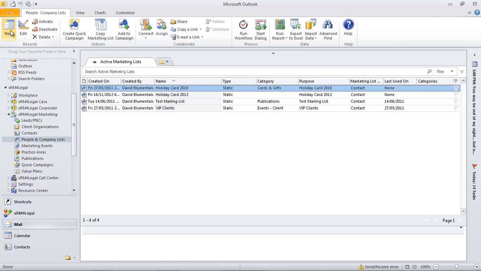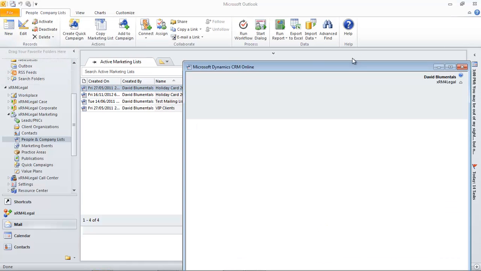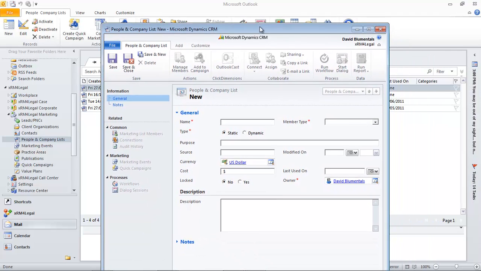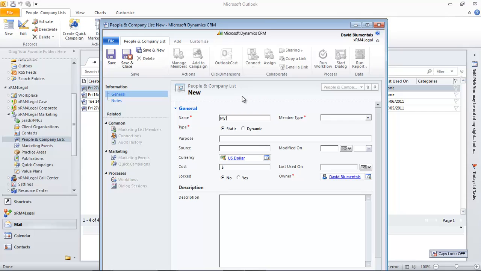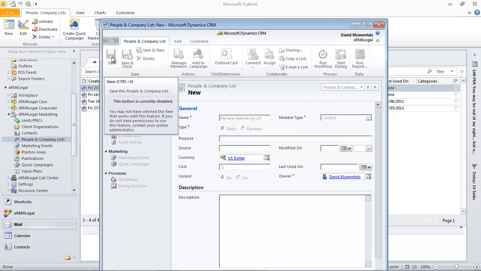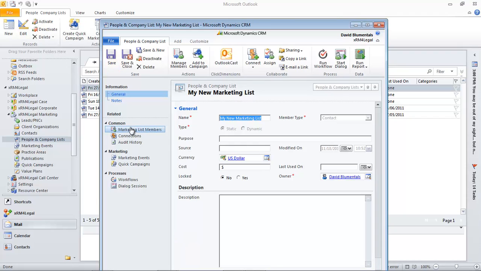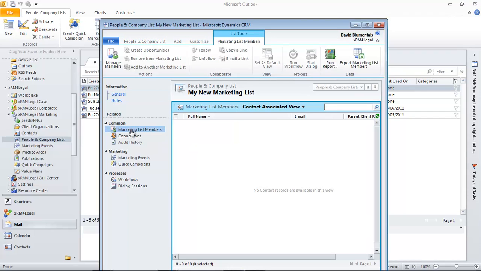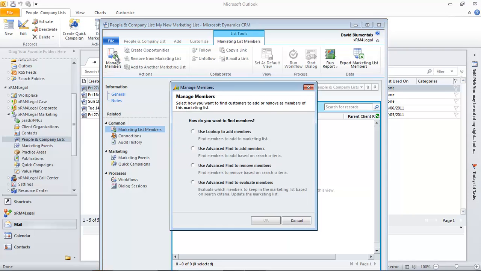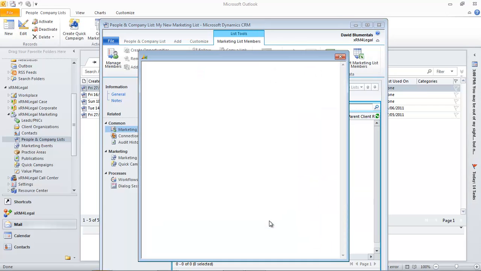Here we will click on a new button, give the list a description, and hit the Save button. We can then filter and add for relevant contacts. We do this by selecting marketing list members. From here, we can manage those members by either selecting individually members to add to the list,